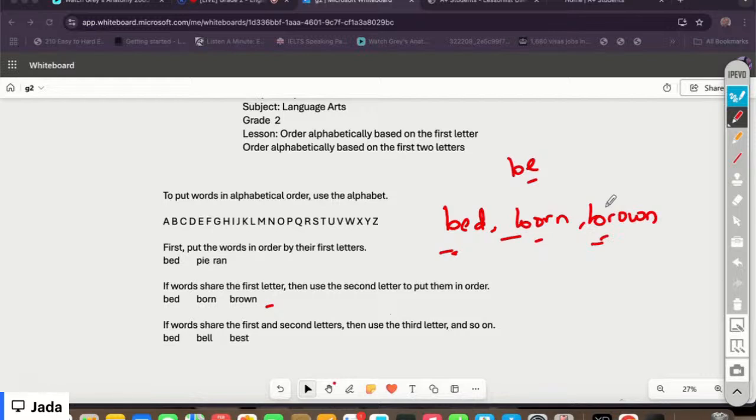So just like when we have another group of words like this, we have hug, we have hate, and we have hot. We will have to put these in the right order, right? So we will look at the second letter, because all the first letters are H and they are all the same. So we will say A, right? A comes first, so it will be hate. Then for the next one, O or U, which one comes first? O comes before U, so it will be hot and then it will be hug. Okay, so do you understand this now? Then moving on,